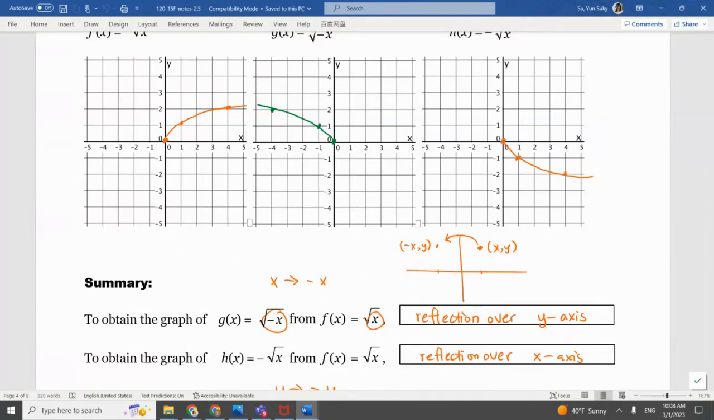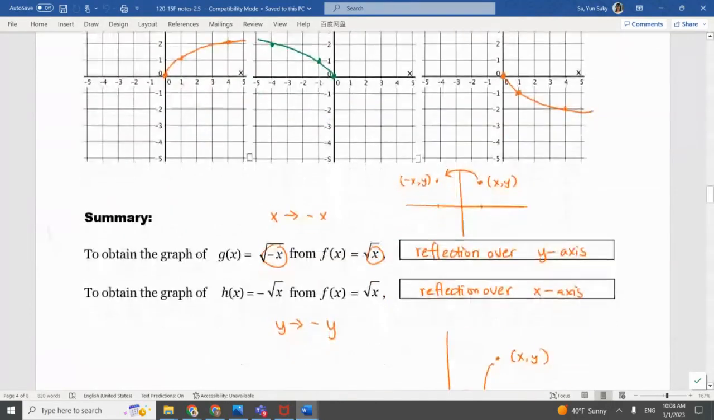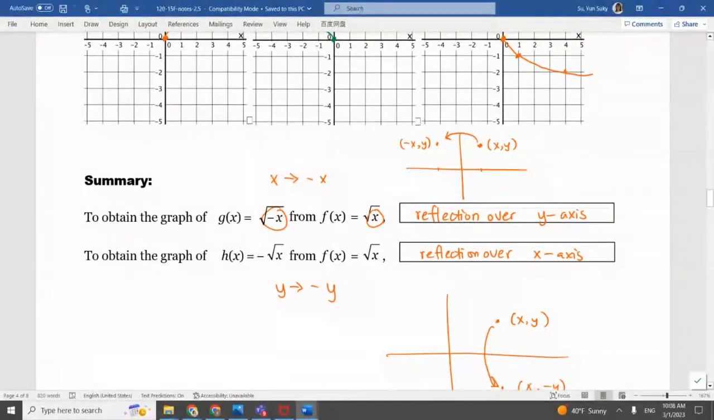Okay? And then how about you change the y? If you put a minus sign in front of the y, you know, y is here, but negative y is below the x-axis. Can you see that, everybody? So therefore, this is reflection over the x-axis. Okay, so those are all the